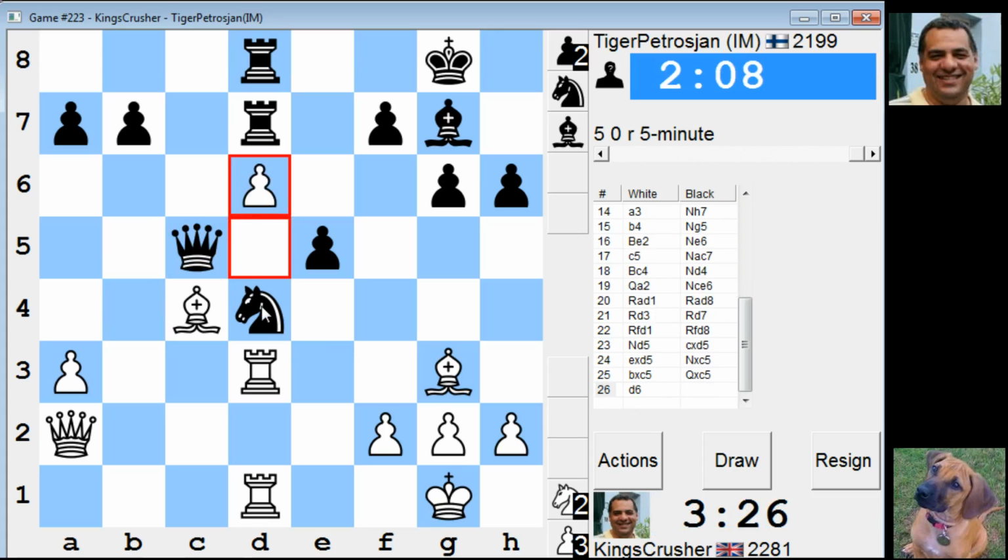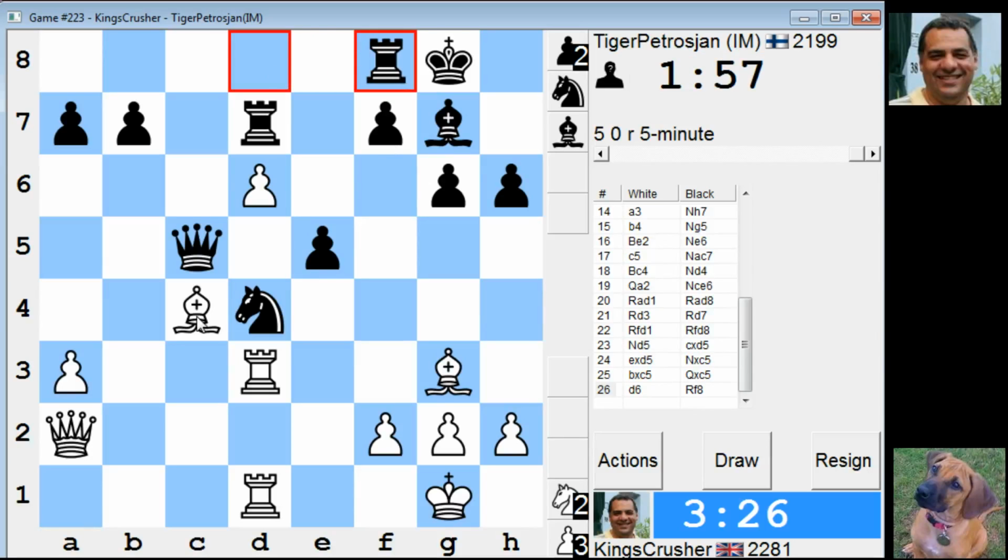Queen d6, there's Rook d4. Rook d6, there's Bishop f7. But he could just attack with Rook c8. There's Bishop d5. Right, so if I try and get my king out of here without getting mated,